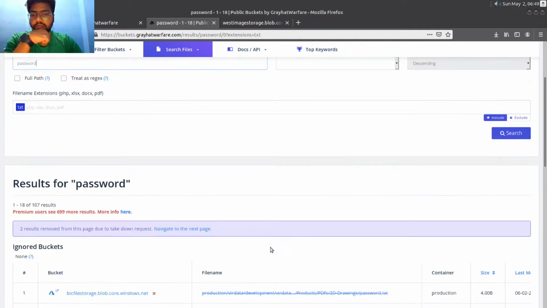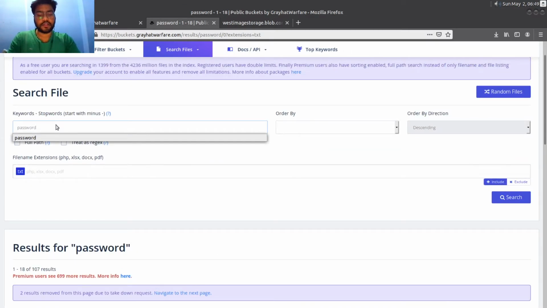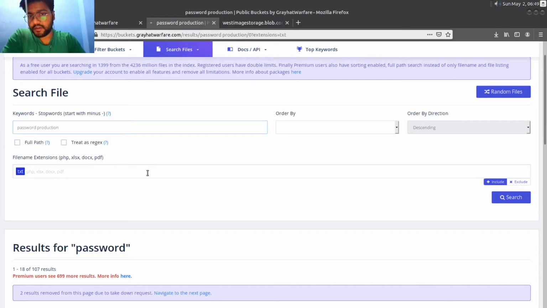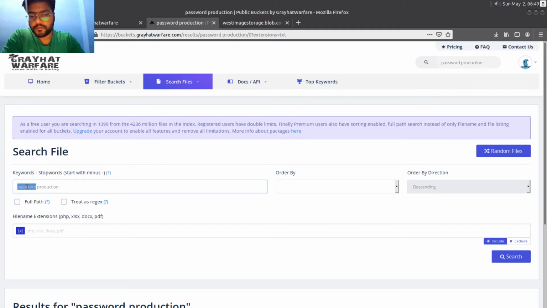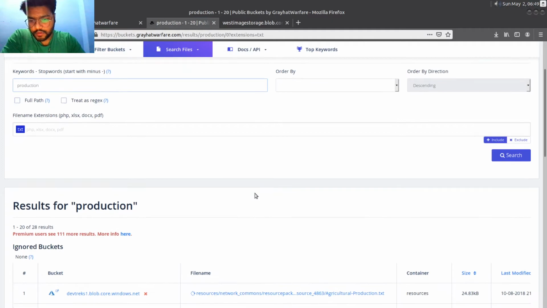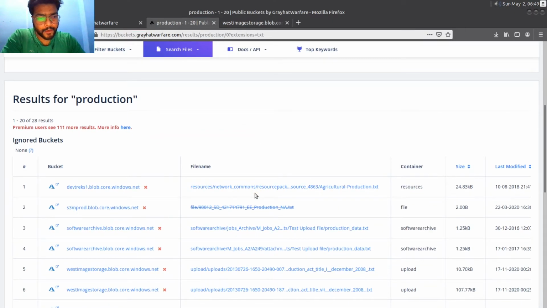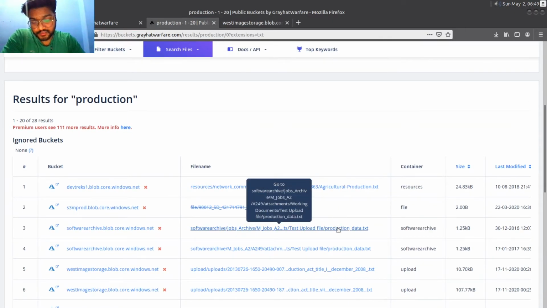So passwords of all kinds of things. If I write one more thing here, production, let's see what we can find in password and production at the same time. Nothing. Let's remove password and let's see what we can find now. So okay, production data.txt. So this is critical, right?